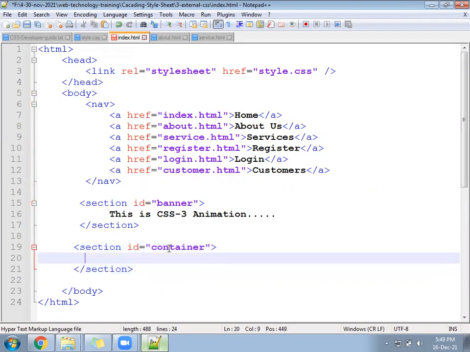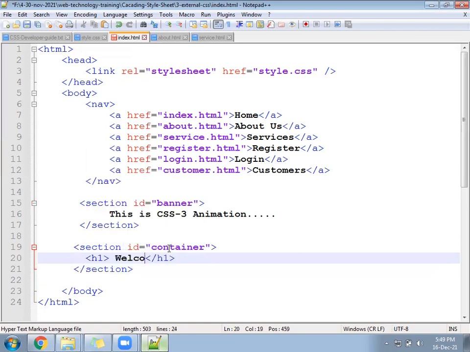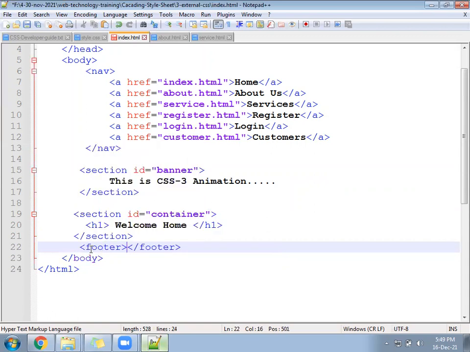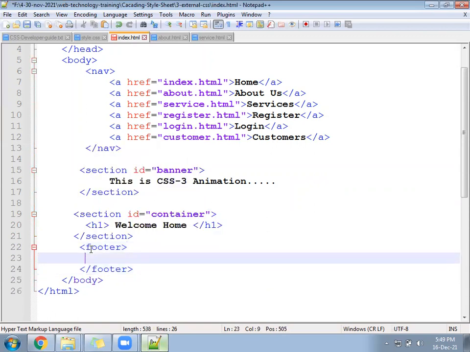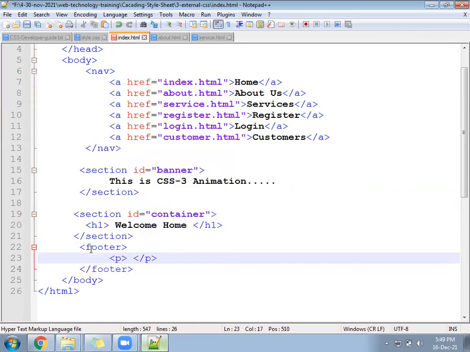And under container, we will write H1: Welcome home. Then after this container, we can add a footer tag. Under the footer tag, we can display in a paragraph some company name, GNQUN digital area.